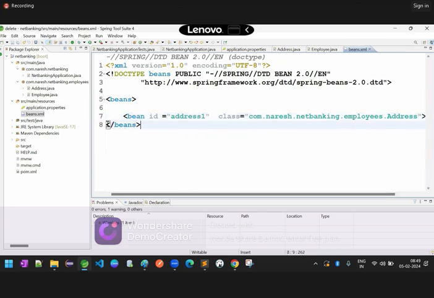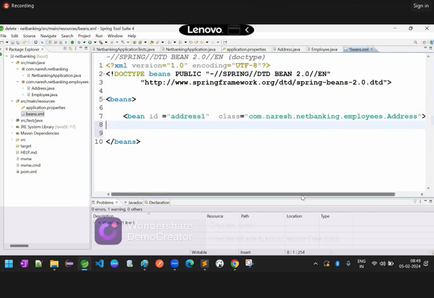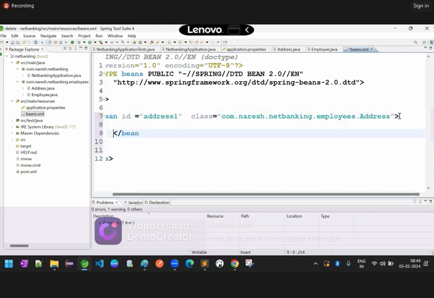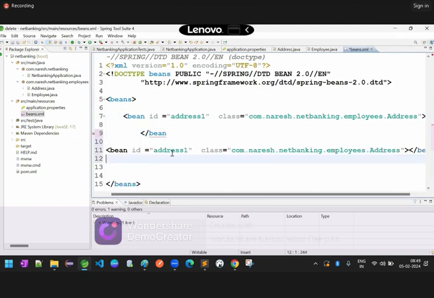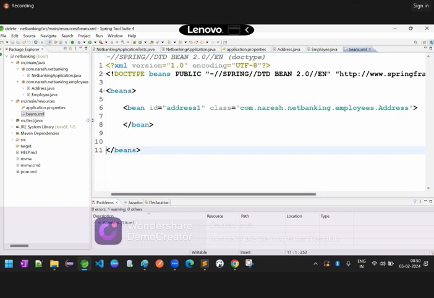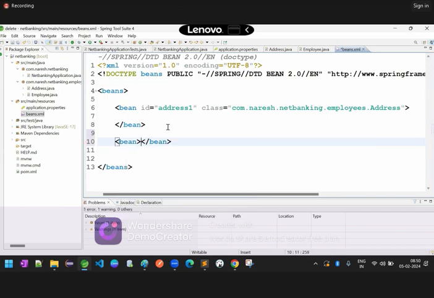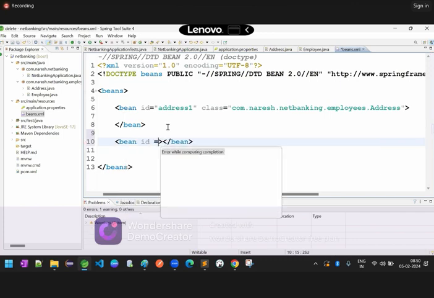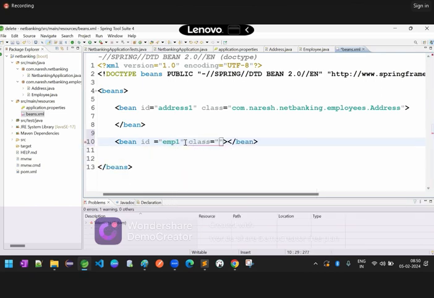Now, you know how to set up properties and everything, right? I'm not going into that much. Now I'm going to create one more bean object for the employee. But my requirement now again is injecting address inside the employee. So can you tell me now what we have to do? ID equal to emp1, that's fine. Class equal to